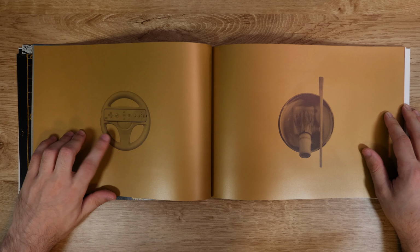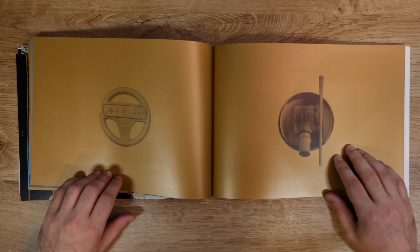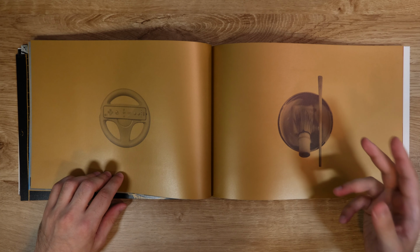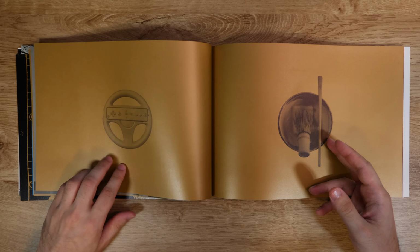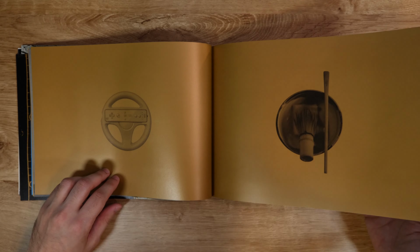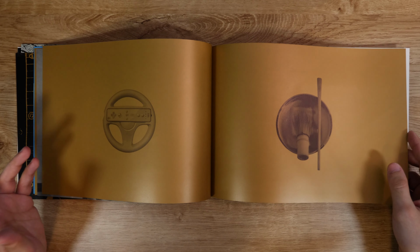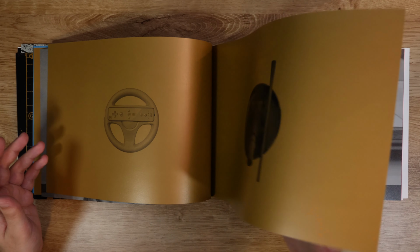So I've always thought about shaving when I think of the Wii wheel. That's the first thing that comes to my mind, shaving. I love a good shave while driving around Mario Kart, throwing some blue shells around. And I don't know, maybe there's something culturally significant here. I don't want to assume anything, but